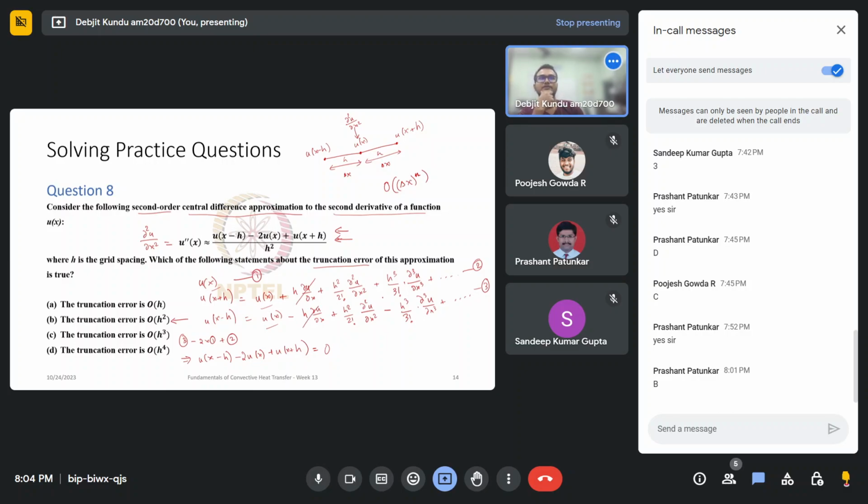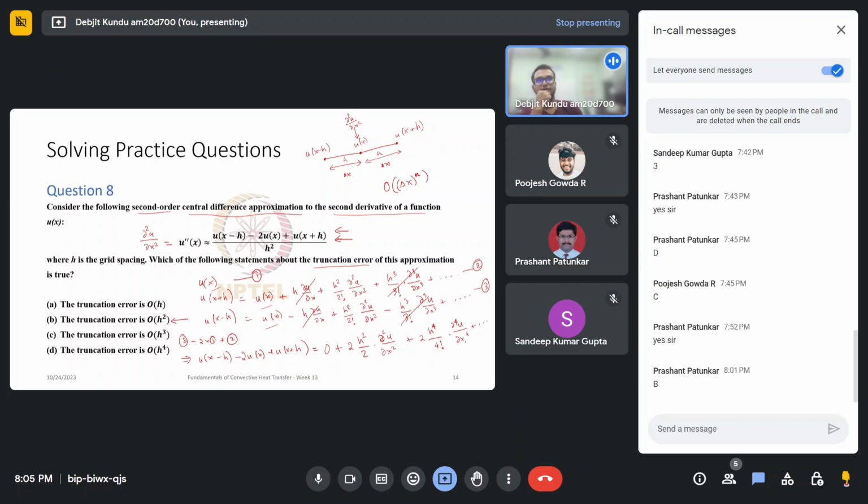And this cube term would also cancel out. Only this term remains. So this would become 2 into h squared divided by 2 factorial, which is 2, into ∂²u/∂x². And similarly, there will be a second term, which is h to the power 4 divided by 4 factorial into ∂⁴u/∂x⁴